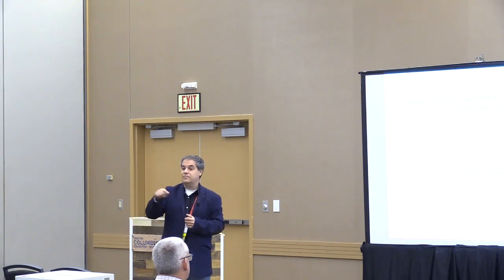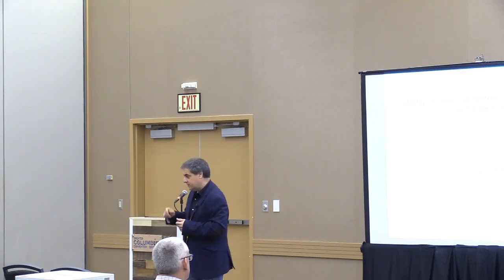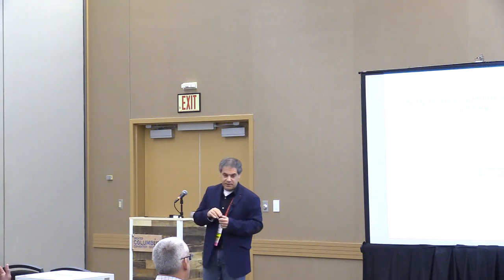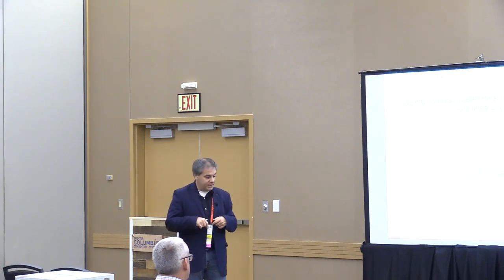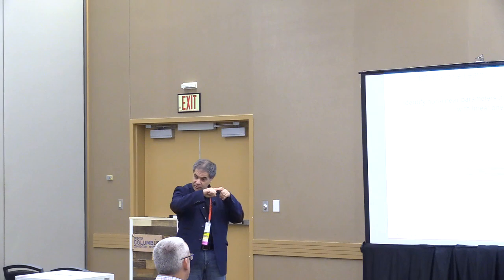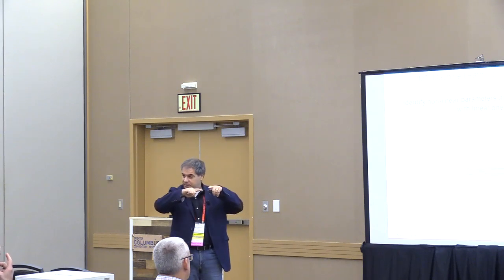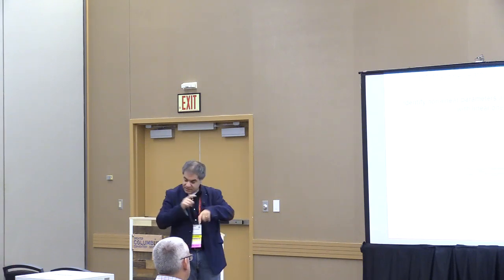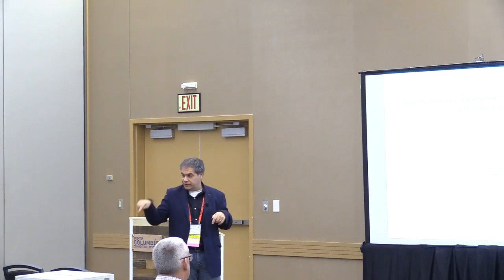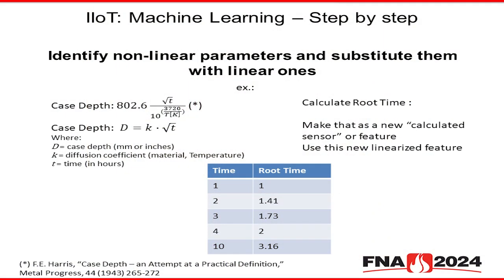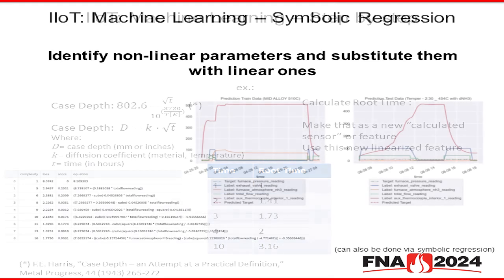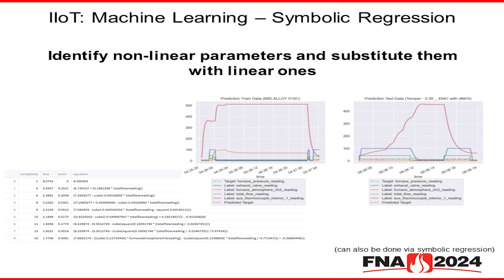So let's say we want to simplify the square root so that something less powerful could deal with it. Then at that moment, I may decide that when I record my temperatures and my power and whatever I'm recording at this time, I also record the root time. So now I have a new variable called root time, which gives me something I don't need to calculate later. Now, if I apply the model on the simplified variables, so I try to take everything linearly,